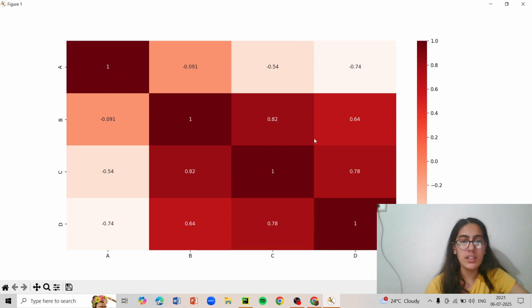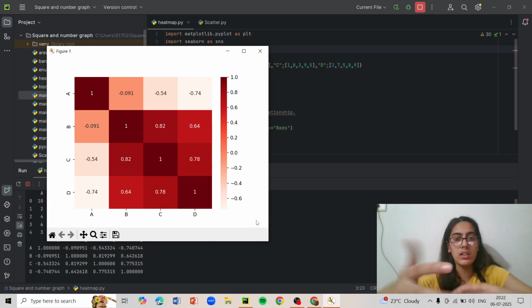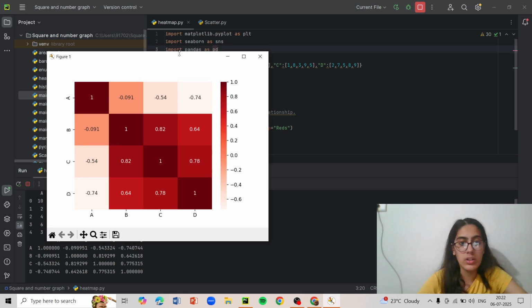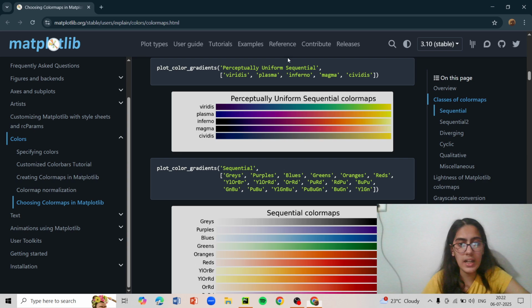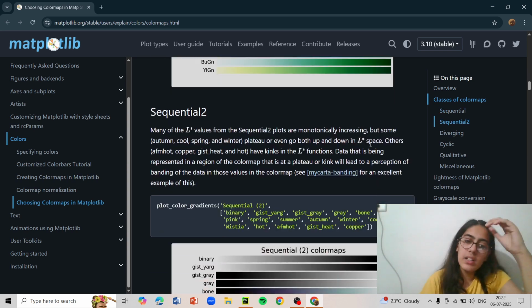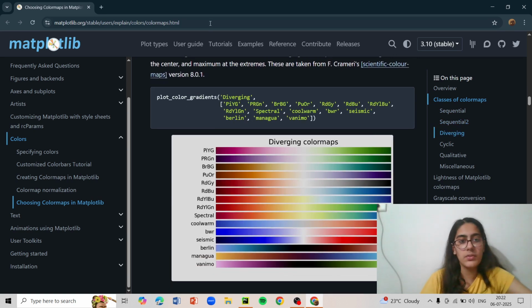Red. So, I told you what the original was: one is darker and goes to lighter. But I wanted to switch it, so I switched it for the inferno, but clearly it doesn't happen in red. Or else they would have given an option here, switch the cmap. So switch cmap means it just flips the color panel, flips the bar, as you can see over here. I'll go back and show you the colors. I will send you this link in the description box, so please go down and check for these colors. I'll just copy it right now.